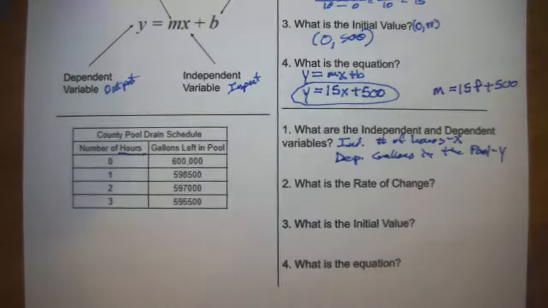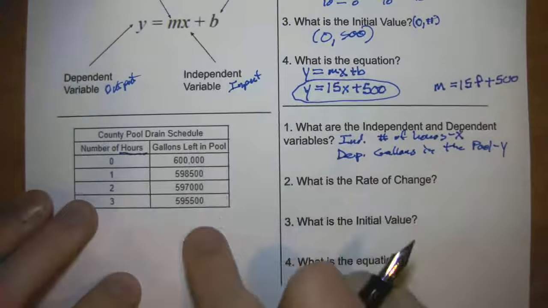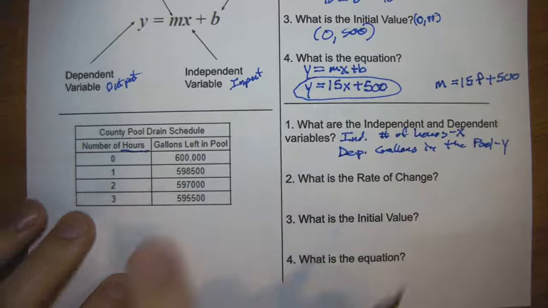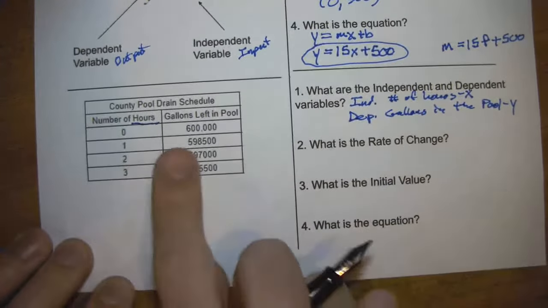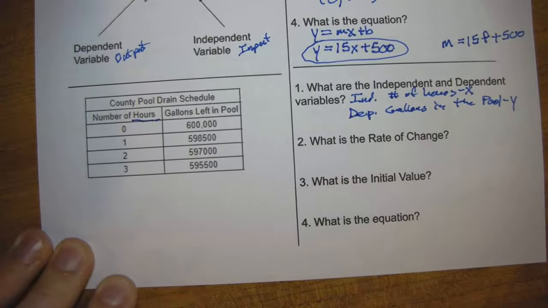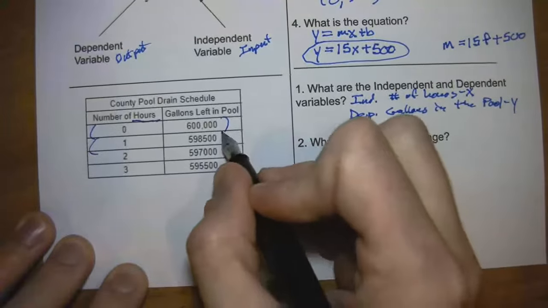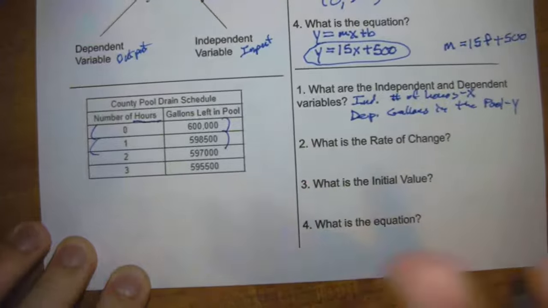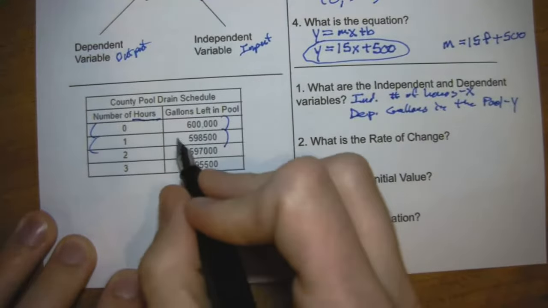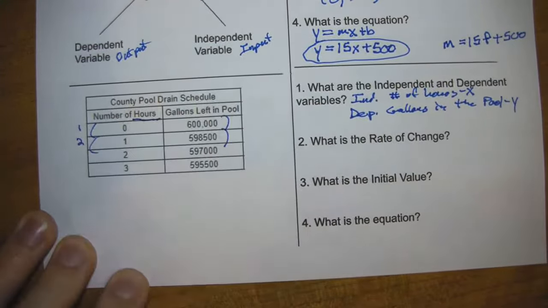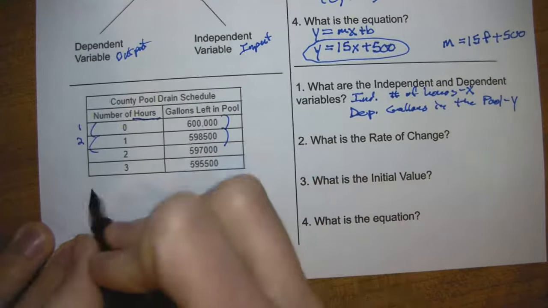First thing we need to do, what's our rate of change? Again, we don't have a graph that we could simply count this off, so we will need to use our slope formula. And since these are big numbers, I've left us some extra space down here. So I'm going to go ahead and grab the first 2 again. Remember, you can grab any 2 coordinates you want, but I'm going to grab the first 2. I think that's going to be easier. So let's write, again, coordinate 1, coordinate 2. We'll just number them off. So let's see,